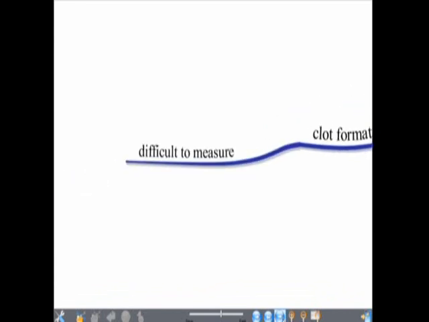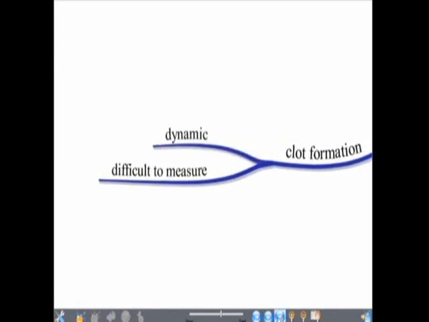What the gentleman at Glenfield was telling us is that, although this is an established principle, intrinsic and extrinsic pathways, etc., they're quite difficult to measure. At the end of the day, it's a very complicated process. It's not as simple as people would have us think. It's quite difficult to measure, and it's a dynamic process. Clot formation isn't just something